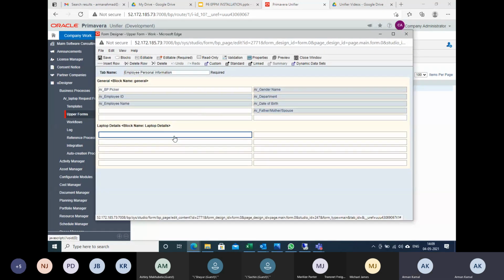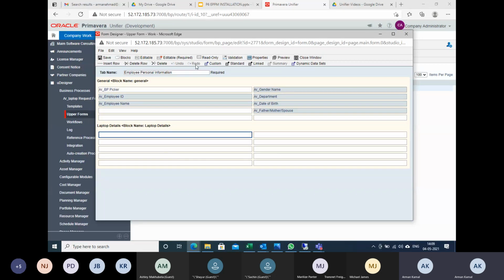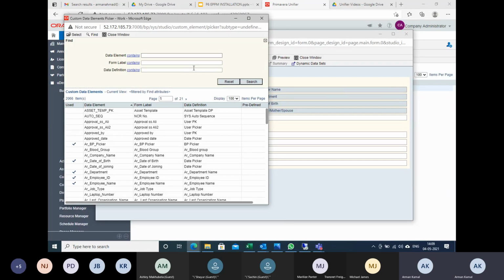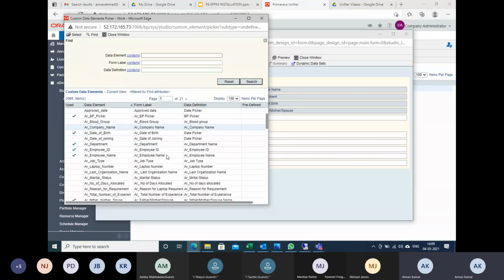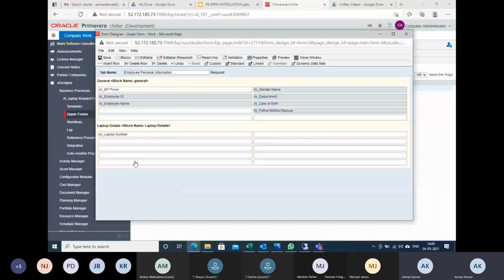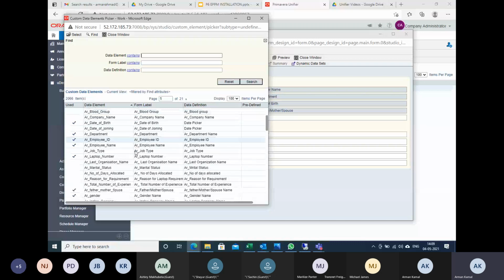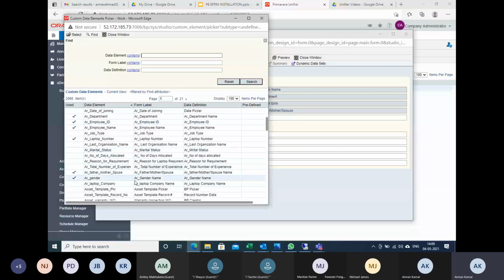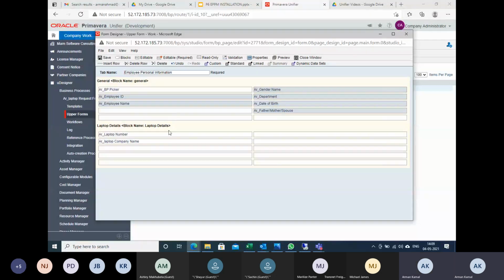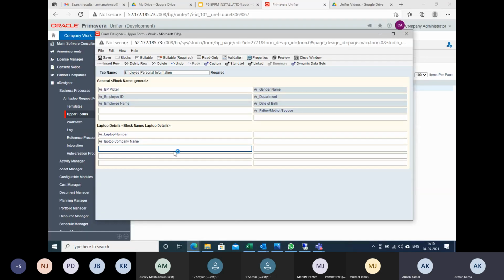Now these details we need to pull in one by one. What is that? Laptop number. I will select this and close. Now what is the next field? Laptop company name. I will select this custom AR laptop company name. The next one I have to select is number of days allocated.